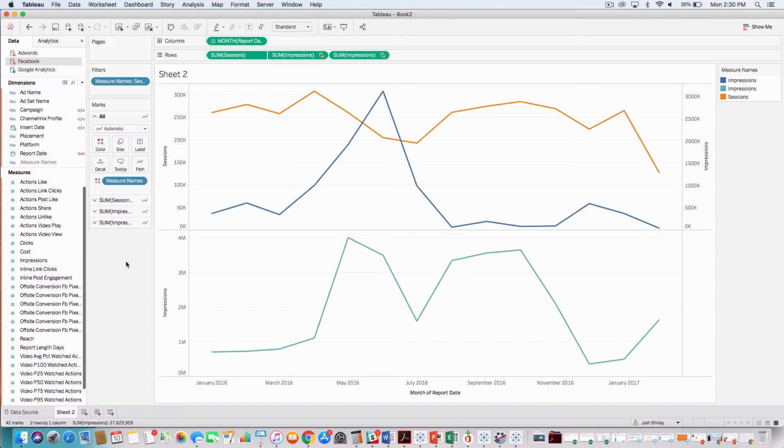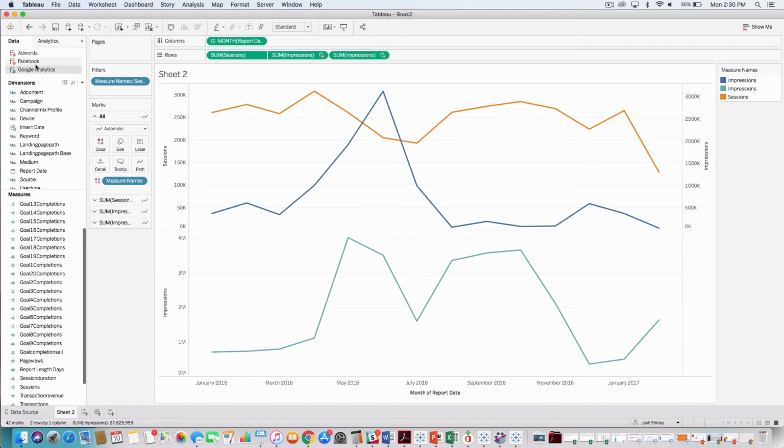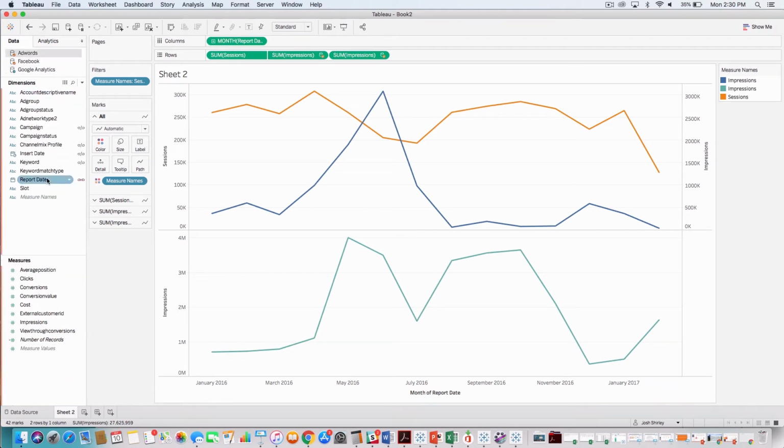What allows me to do that is in ChannelMix, we're already doing some light management of the data for you as we bring it in. So in this example, we can see that Facebook, Google Analytics, and AdWords all contain a dimension called report date. This dimension actually doesn't exist inside of the source system, and that makes it very difficult to blend on. So at Alight, we create that for you, so that you have the ability to quickly blend seamlessly on the fly. And that's an example of how, system to system, I can understand data quickly on the fly.